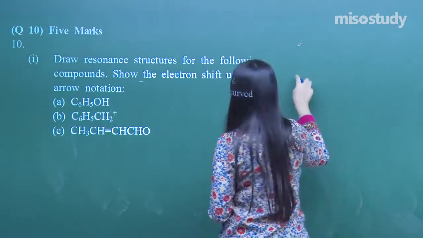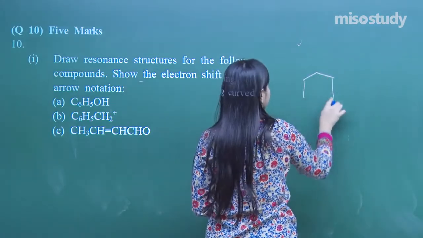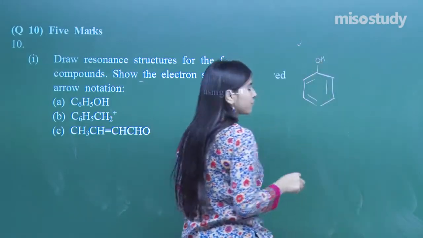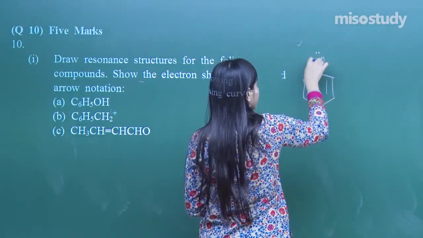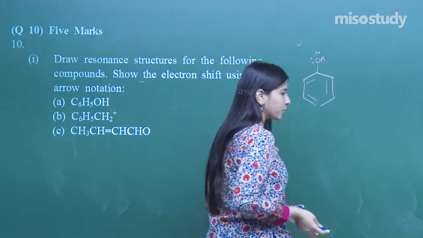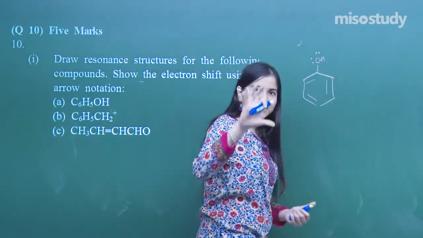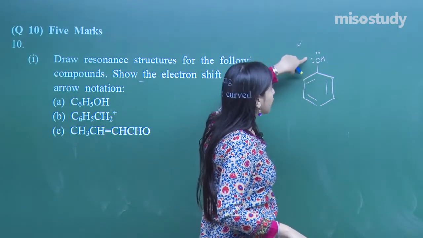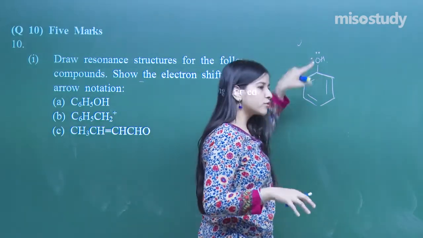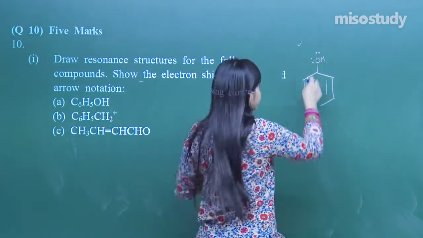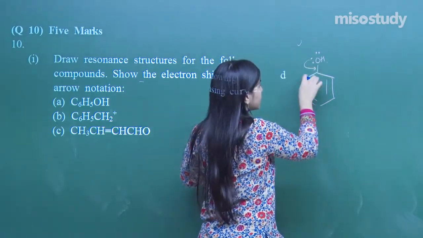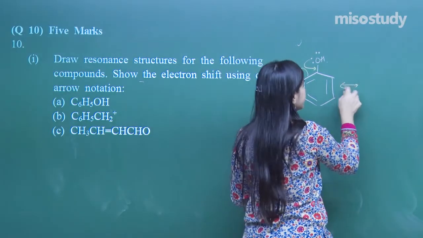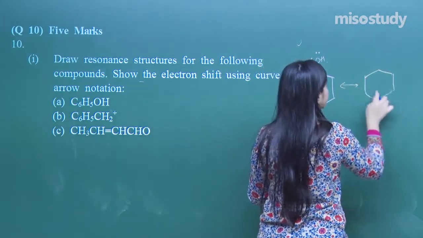So first of all, you recognize this compound, C6H5OH. It's phenol, right? So you know that phenol has got lone pairs. Now, what is the resonance condition you have observed here? It's the double, single, lone pairs. So how will the shifting be? Jump on the ground, jump on the floor, and then jump on the head. Yes. Next resonance structure.